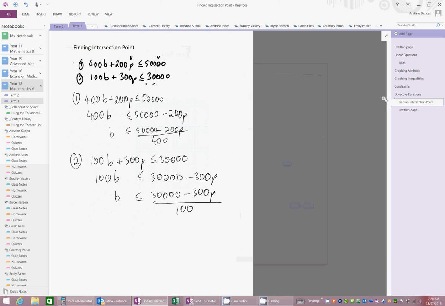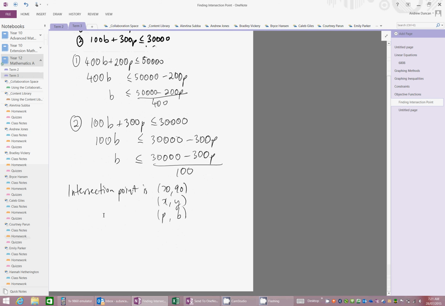Okay, so I know the intersection point is 70, 90, and we need to remember that this is like xy, but we replaced y with b and x with p. Okay, so seems to be p equals 70